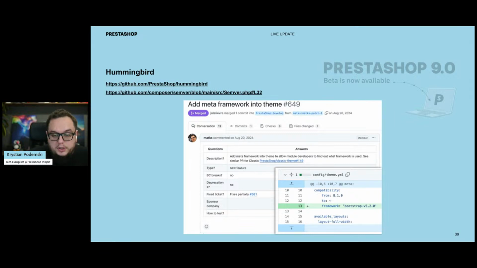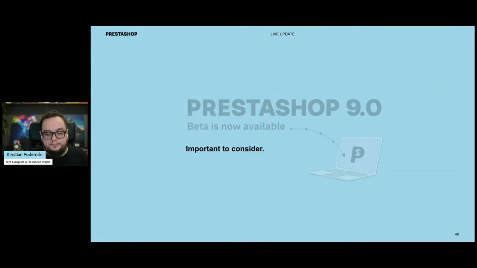We hope that this will ease integration of your solutions between Classic and Hummingbird. But if you have any feedback regarding this, let us know. We are definitely open to feedback when it comes to making your work easier. And of course, there are some things important to consider if you want to make your solutions compatible with PrestaShop 9. So first of all, I would think whether a separate package for PS9 would be better, because